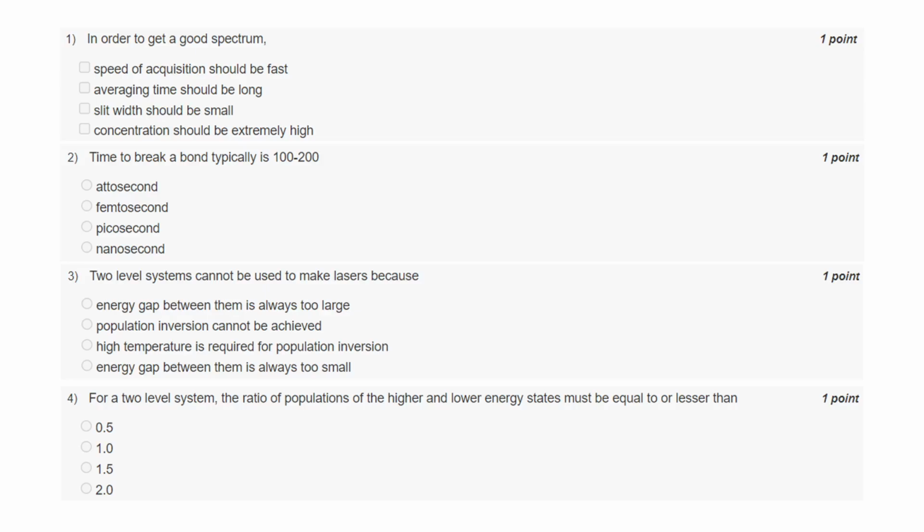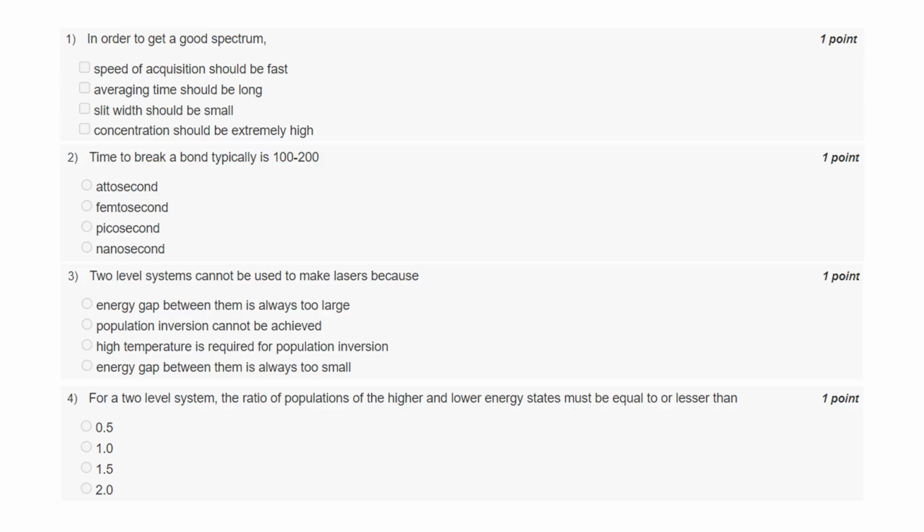We'll start with the week 5 assignment. It's long due. I think we have already submitted it, and it was quite easy, right? It was based on the transition moment integral, the Einstein equation and all, and the laser, two-level system or some three-level system, something like that. So let us start. The first question, in order to get a good spectrum, is something we have touched upon